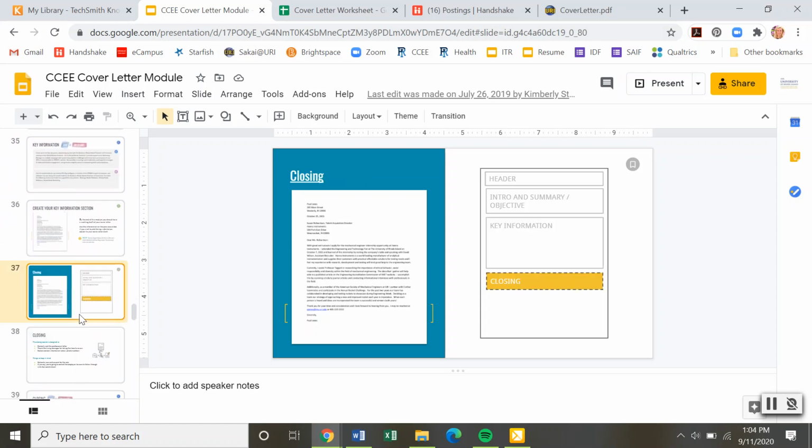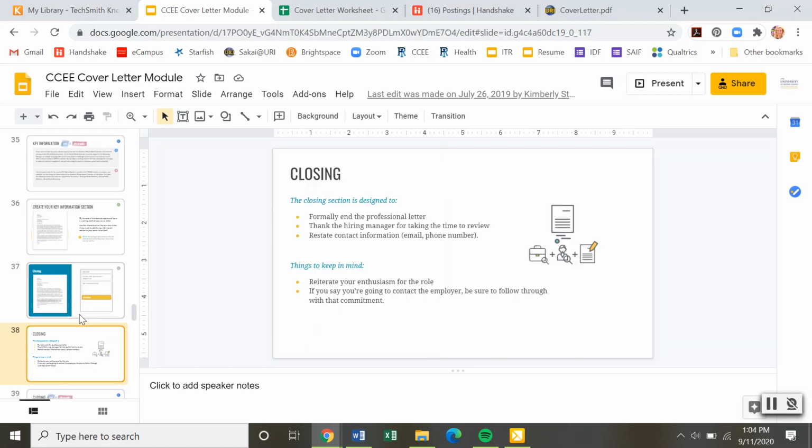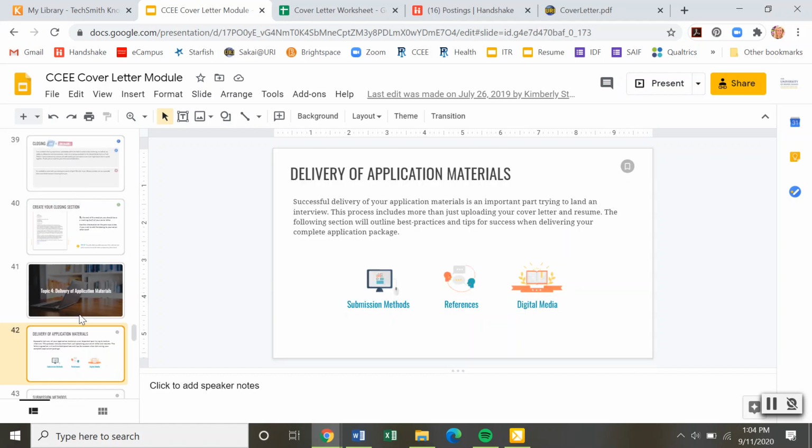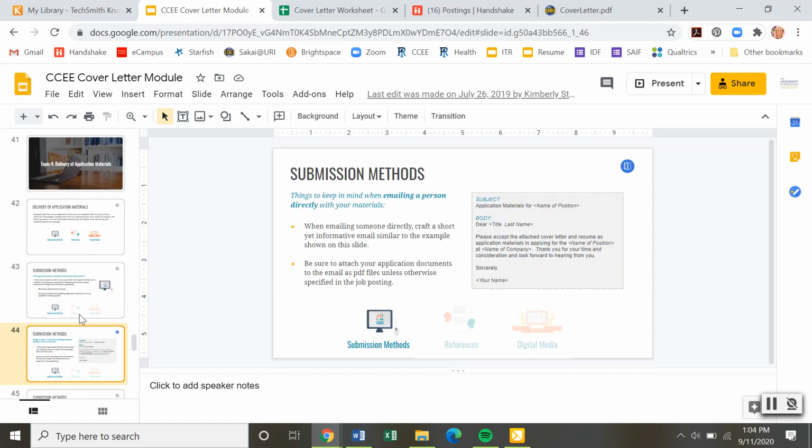Lastly is your closing paragraph. This should thank the employer for their time, touch on following up, and reiterate how the employer can contact you. Whatever you include in your follow-up plan, make sure to follow through. If you say, I will follow up on my application in 2 weeks, make sure to put that as a reminder in your calendar. Review the remaining items here within the cover letter module for help on how to apply,